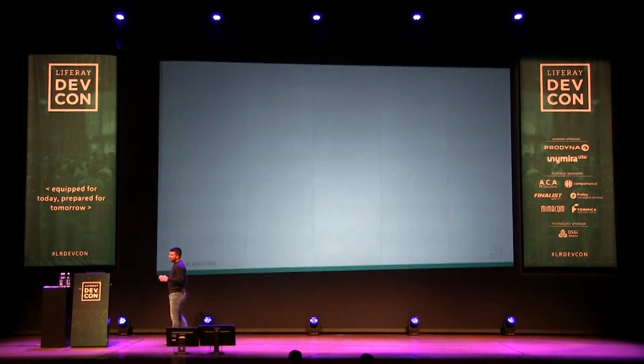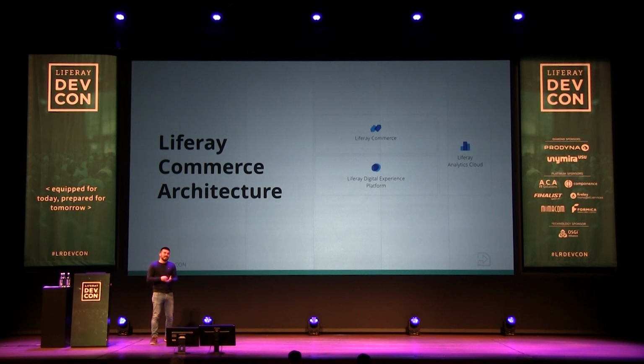So you can see that Liferay Commerce is not just a plugin on top of the portal. It's not just a set of features on top of DXP and a bunch of portals, right? There is a vision there, there is a full product there. And you can see how we put Liferay Commerce on top of DXP, right? Because our basement is always Liferay.